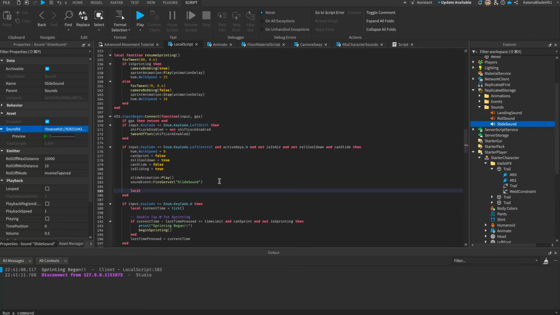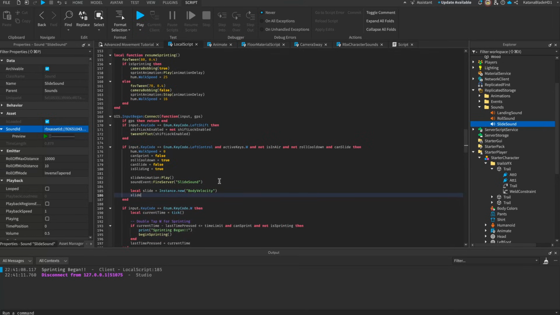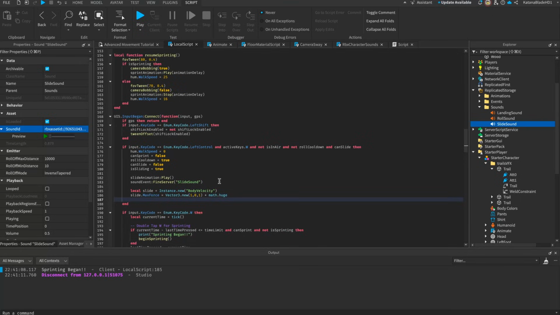Now we'll create the actual physics for our sliding. Local slide. Create instance. Dot new body velocity and slide dot max force. This will be equal to vector3 dot new. Let's do 101, multiply this by a really large number. Let's do math.huge. Slide dot velocity equals character dot humanoid root part dot c-frame dot look vector. So we get the 3x3 vector. Multiply this by 70,